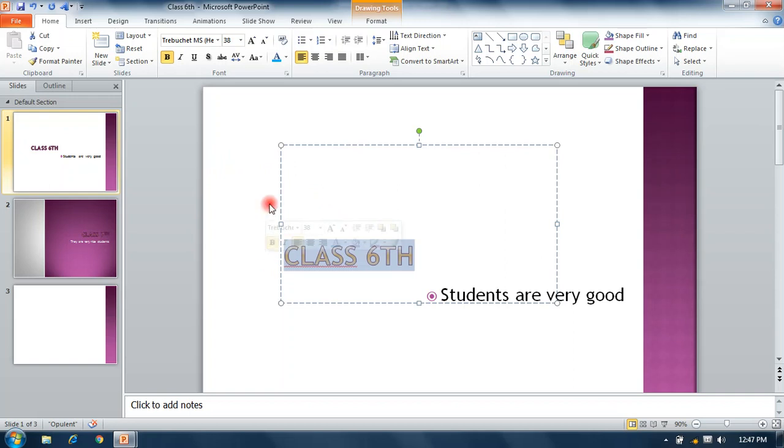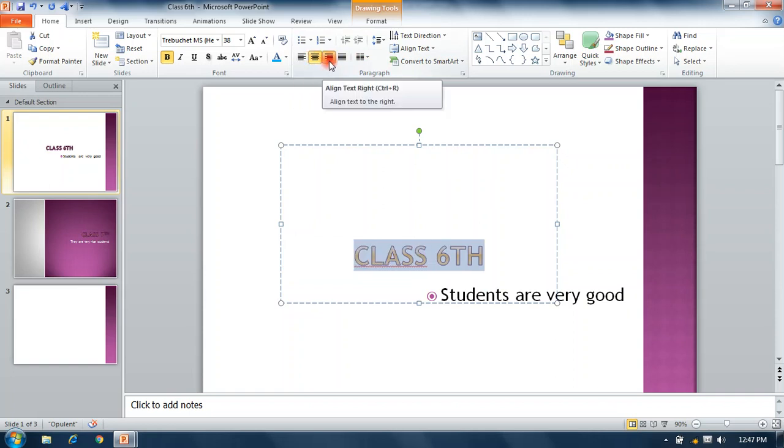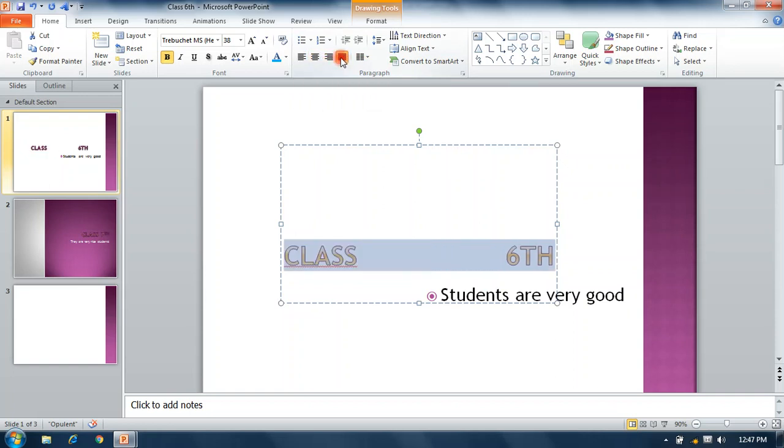Now select again. This is the Paragraph group. The Paragraph group contains alignment: left, center, right and justify. You have studied these groups in previous classes, so I hope you have learned and practiced them.